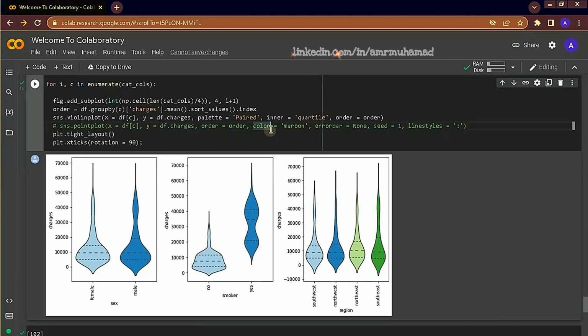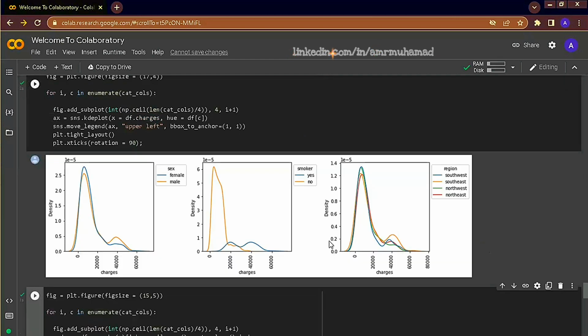Now, when we plot a categorical versus a numeric variable, we are interested in the change in the mean of each category. We can see here that there is a slight change in the mean when categorized by gender, and similarly by region, with a smaller uptick in the southeast region than other regions, but we can see a considerable and significant change when differentiated by smoker group. And this corroborates what we noted earlier in the KDE plot.